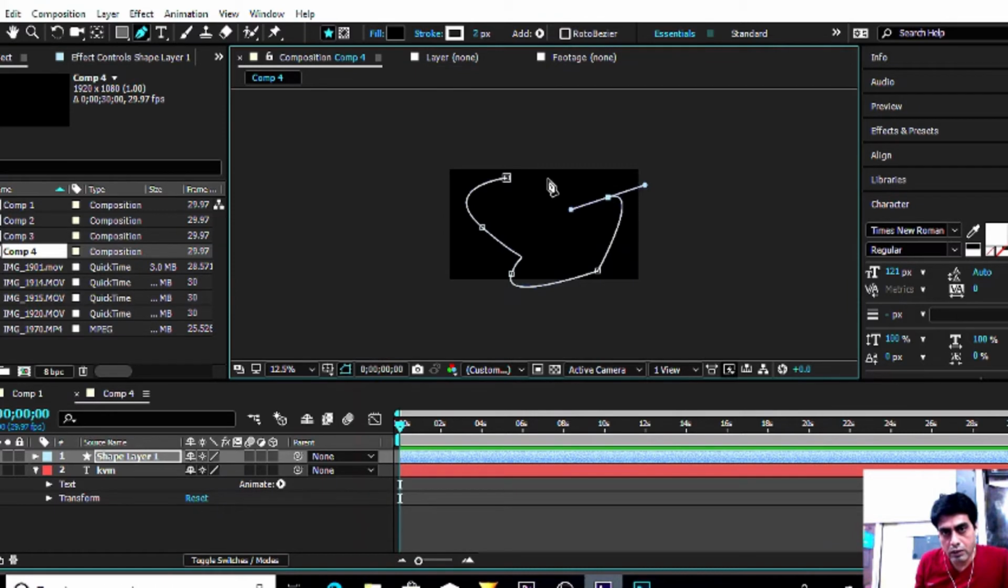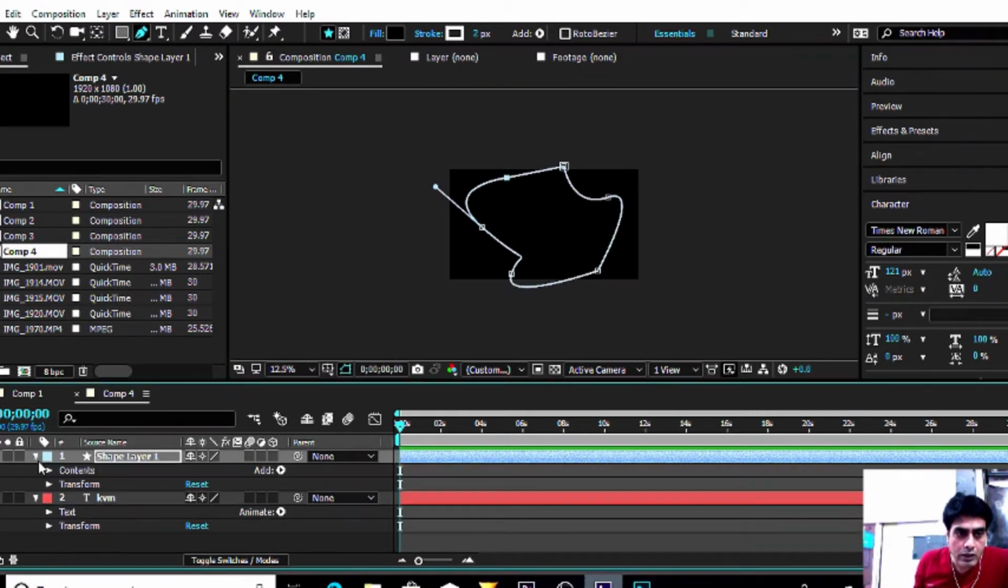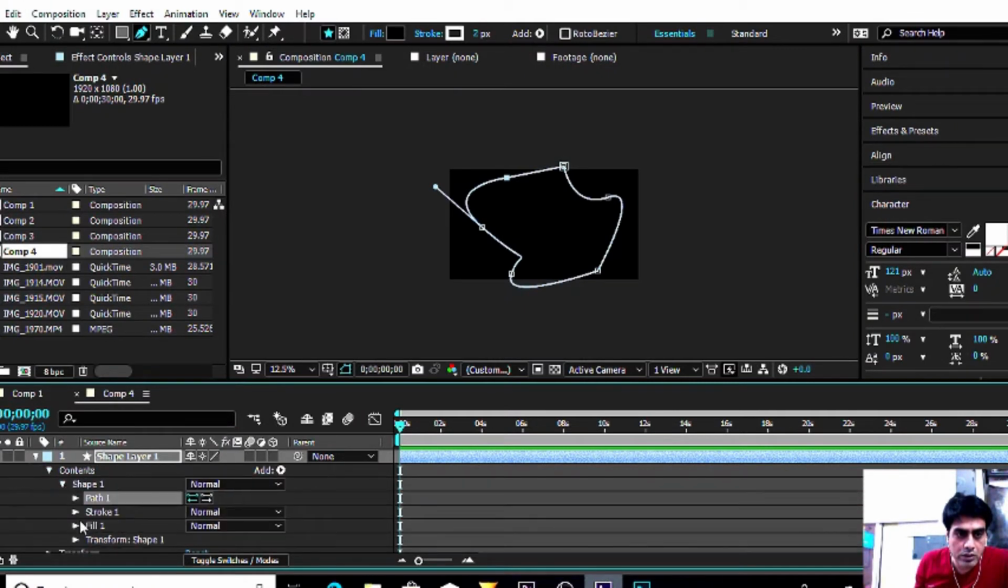Any path of my choice. Okay, now I am going to contents, shape 1, path 1 and path. Now I am copying its path, then